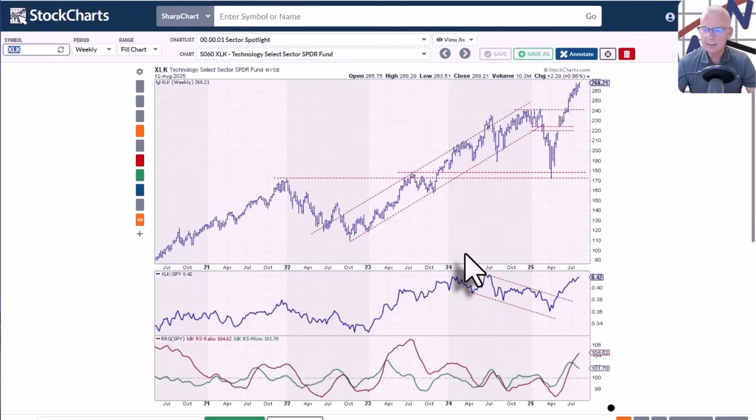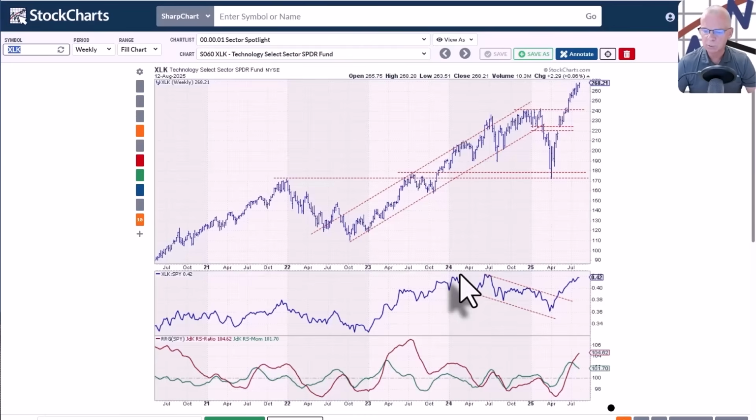And now we go to technology. I mean, it isn't gonna get much better than this. After the break, almost a straight line higher. This week already pushing to the high of the bar. Relative strength, almost one straight line up. We are getting into an area of resistance in terms of relative strength, so that could put a little pause